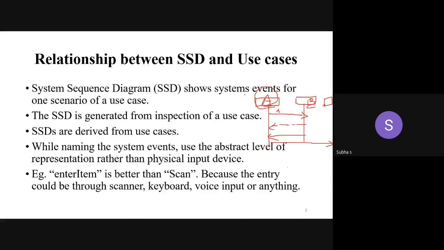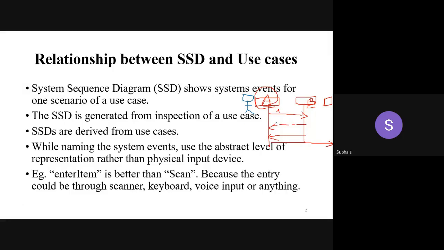I can use an actor here. Actor means it must have some use cases. The roles or the actions that are done by the actor can be represented by use cases. This actor itself may play the role, and the actor can be used in the system sequence diagram instead of the object. You can mention the actor as student, customer, manager, or anything. This actor will pass the messages to another object B, which can also be an actor, and like that it proceeds. So this kind of representation is called a system sequence diagram.